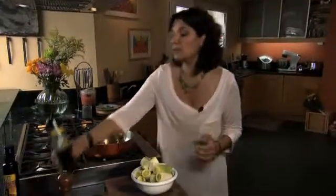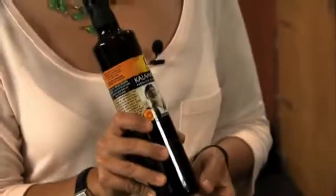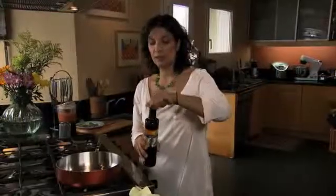What we want here is to get the leeks caramelized, colored. I'm going to cook them in olive oil. I've chosen one of my favorite olive oils, the Kalamata. This has a delicious fruity flavor. It's a lovely oil. It also has a slight bitter almond aftertaste, and I think that goes very nicely with